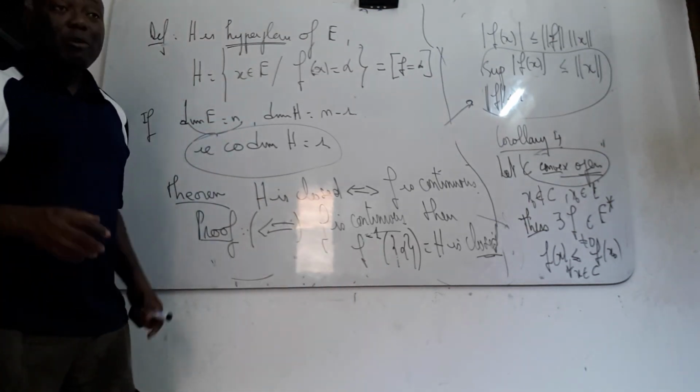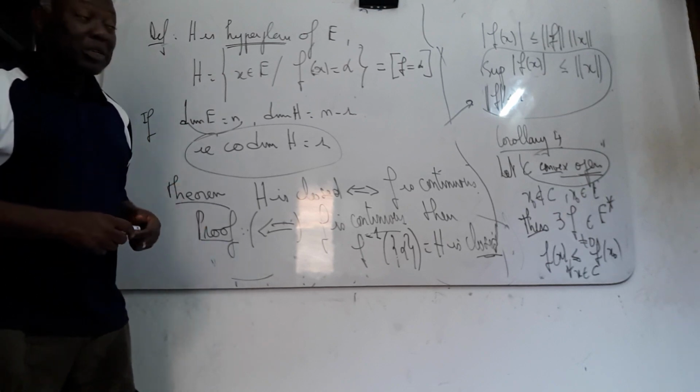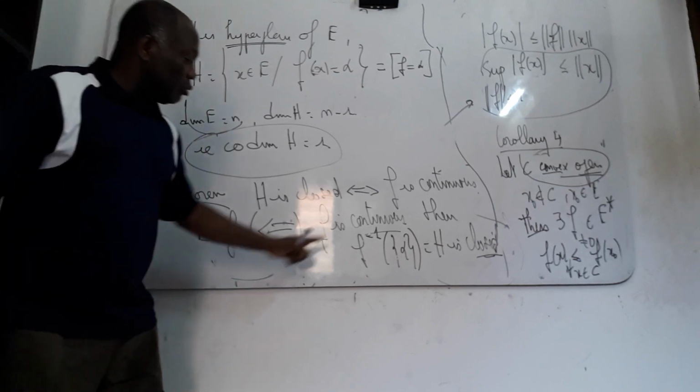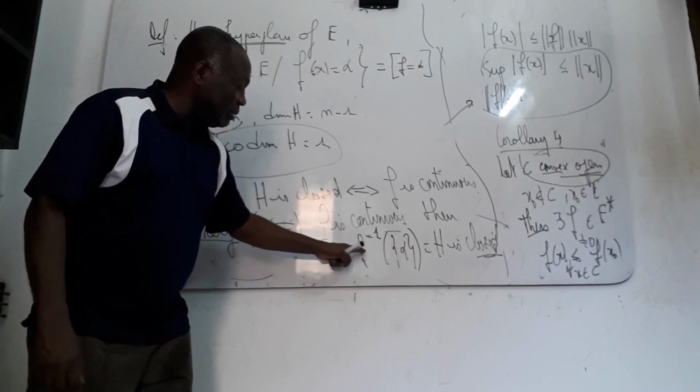You have to keep in mind that when you have a Hausdorff topological space, any singleton is closed. Then this one is exactly the inverse image of